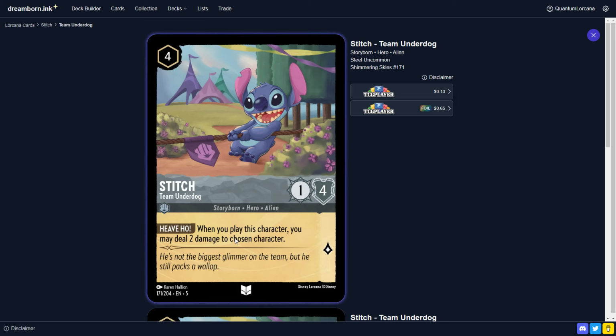It's basically a Fire the Cannons on a body, but it is a 4-cost uninkable 1/4 that quests for 1, and when you play this character, you may deal 2 damage to a chosen character. So again, not anything that you would expect to jump up in price. It's not like one of those uncommons like Merlin Goat or another steel card that we're going to look at in this set in the Pete, but at 50 cents each, if you do want to pick up 4